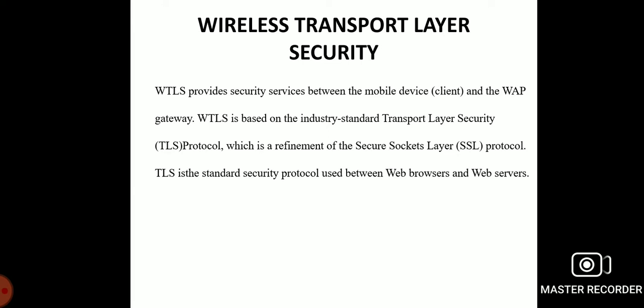Before the data can be exchanged via wireless transport layer security, a secure session has been established. Both originators can interrupt the session at any time. The steps in the session establishment: step one, negotiation of the security parameters and suites, and initiate the session with source address and source port, destination address and destination port, and also the key exchange suite and compression methods.